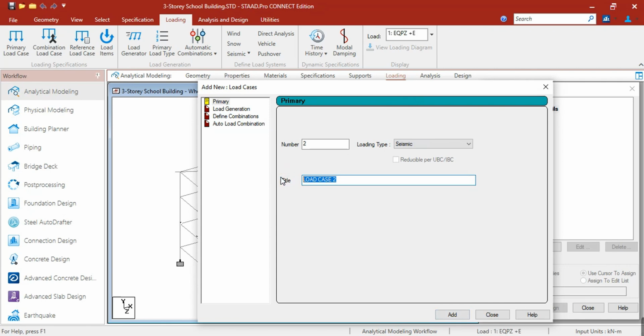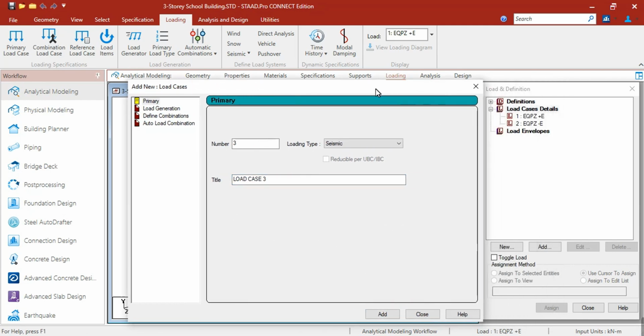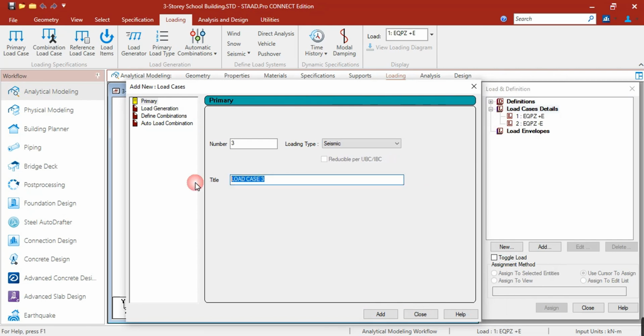Next, earthquake positive Z for negative accidental load. Next is EQ negative Z with positive accidental load.